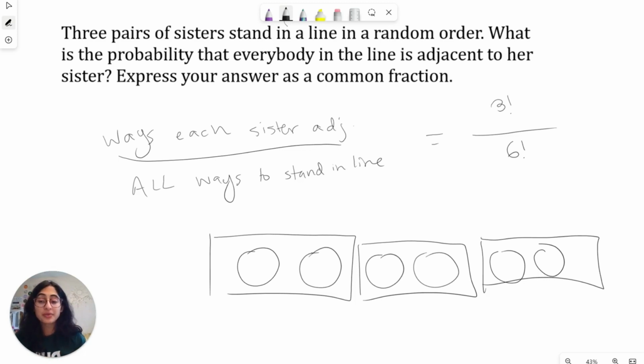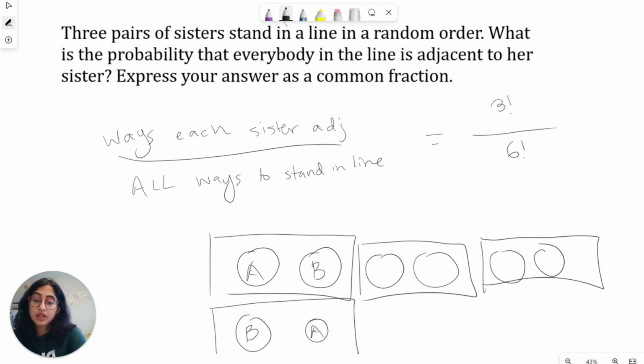No, there's actually one more thing we have to consider. So we might have these 3 pairs of sisters like this. But if this is sister A and sister B, well, we could also have it like sister B and sister A. So for each pair of sisters, there's actually 2 different ways to rearrange the order of the sisters. We could have sister A and then sister B, or sister B and sister A. So there's 2 ways to rearrange the order of each sister, which means for however many ways we got that we could rearrange the pairs, well, there's actually 2 times 2 times 2 amount of ways that we can have